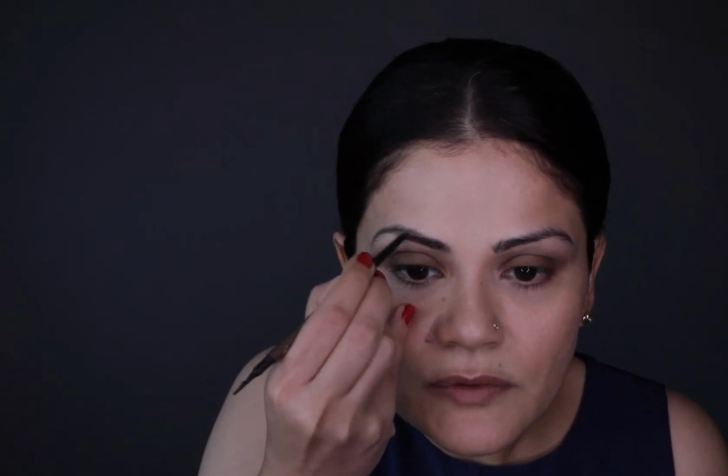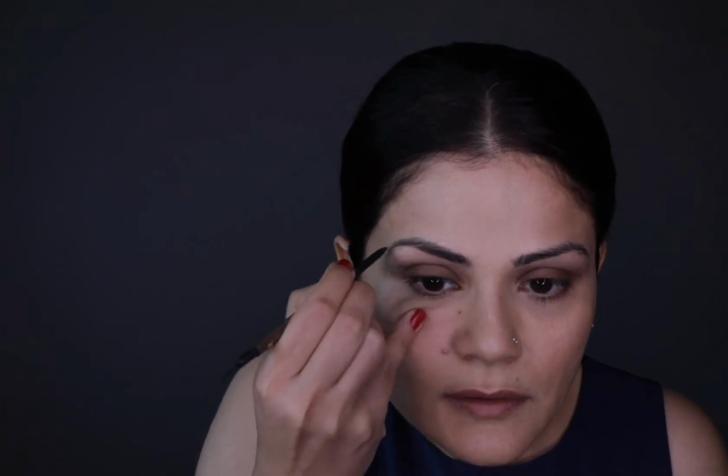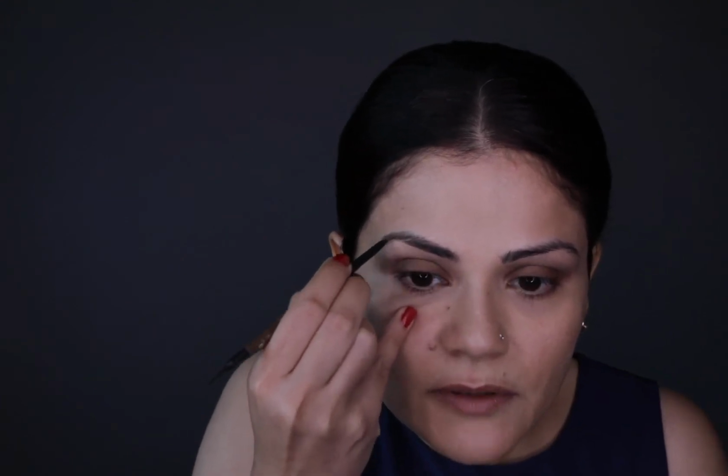Then I'm going to quickly do my brows using my ancient Lancome pencil, but this is such a perfect color that I can't give it up. Filling in all those patches to make my brows even. Do it with short strokes, guys,